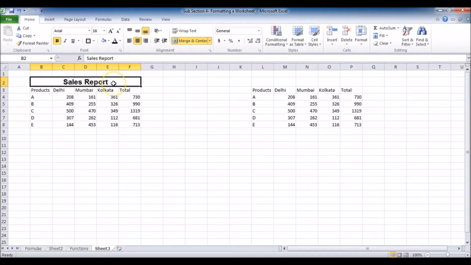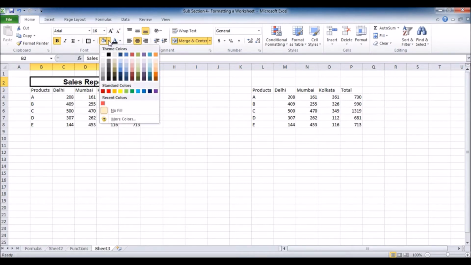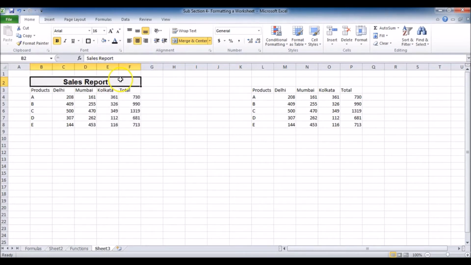And for the cell, you can see we can change the color also. We can give a color, but here is a professional piece of advice: do not assign very highlighted or very bright colors. If you want to use a color, always use a very light color, or do not use a color. Always try to avoid it. For example, I can go with this very light color, and now you can see that these are the headings